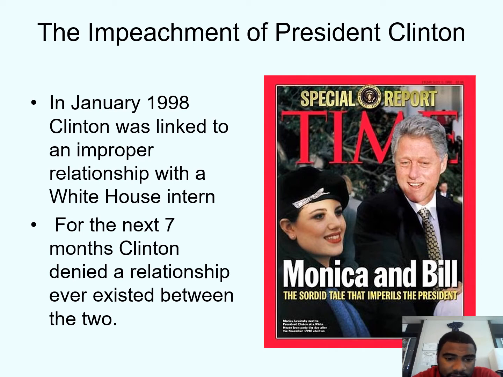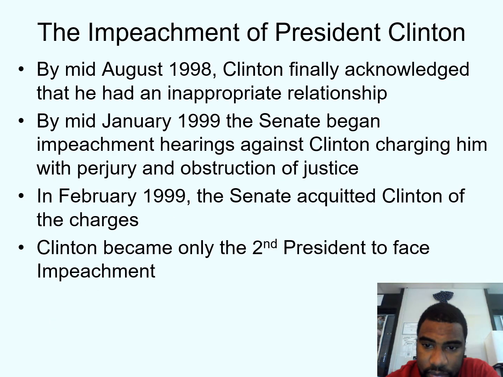For the next 7 months, Clinton denied a relationship ever existed between the two. By mid-August 1998, Clinton finally acknowledged that he had an inappropriate relationship with her. By mid-January 1999, the Senate began impeachment hearings against Clinton, charging him with perjury and obstruction of justice. In February 1999, the Senate acquitted